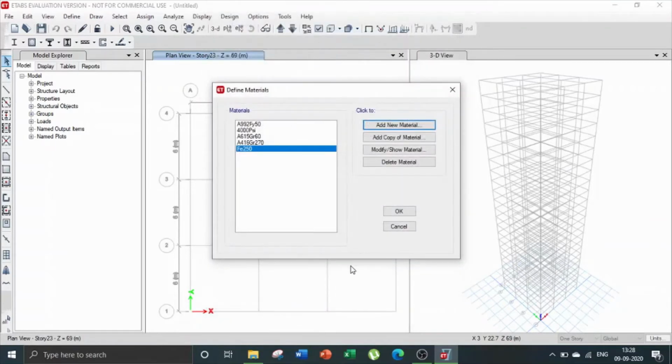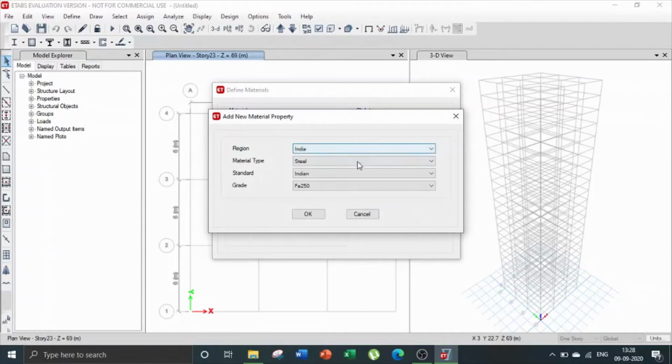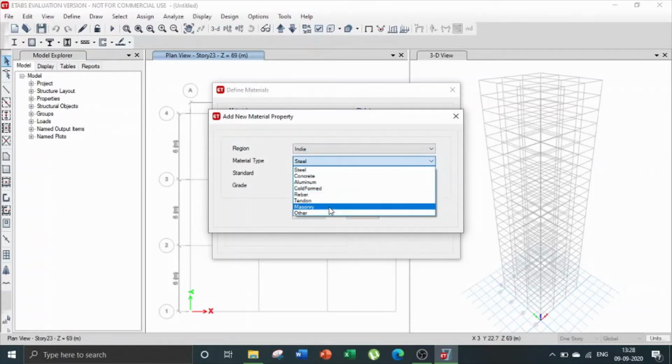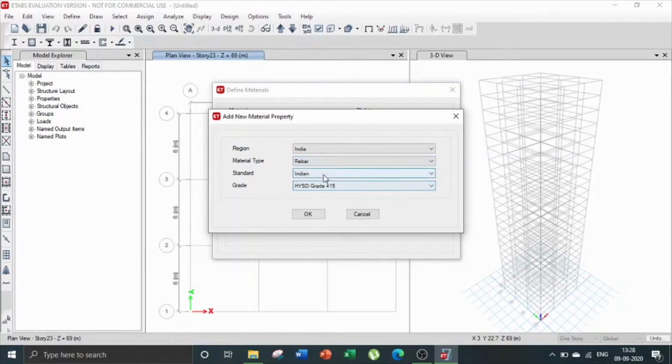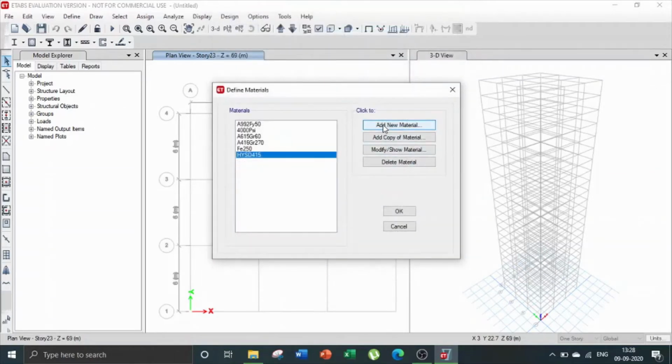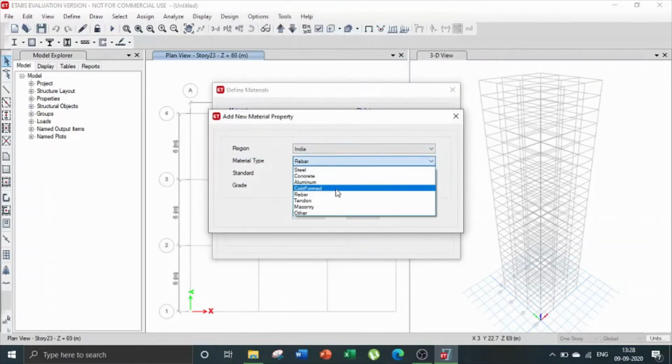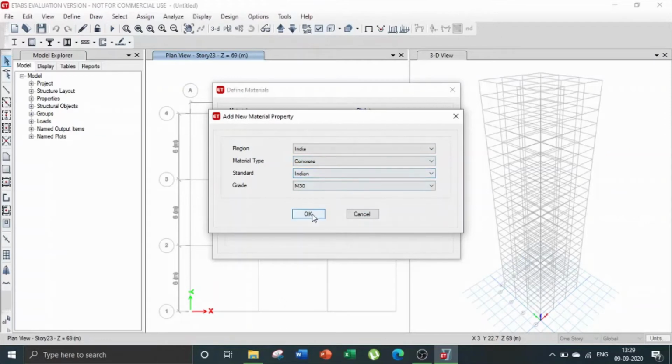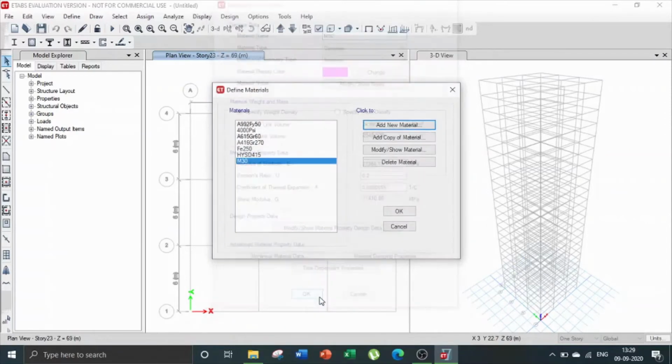Again click on OK. Similarly, you have to add Fe415 and for concrete M30. After selecting all the materials, click on OK.